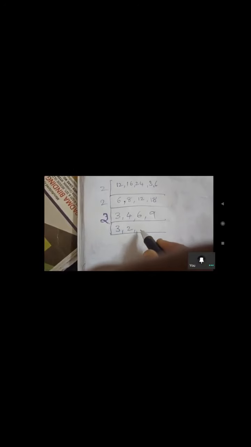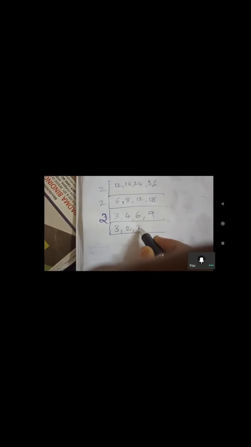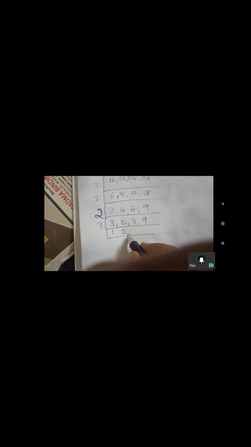Okay, very good. 3 as it is you write. 2 twos are, 9 as it is you write. Okay. Next with the 3 table we can do. 3 are divisible by 3. 3 ones are 3, 2 as it is you write. 3 ones are 3 and 3 threes are 9. Okay. This much is enough. All prime factors we got.